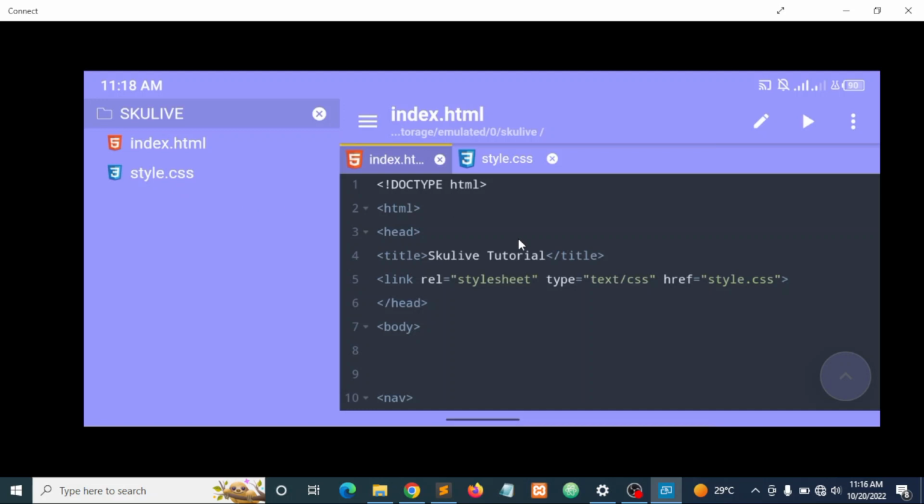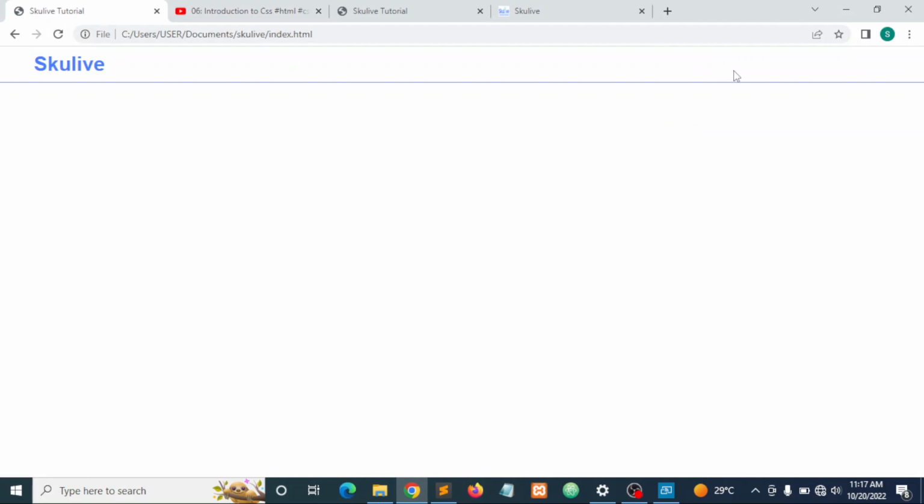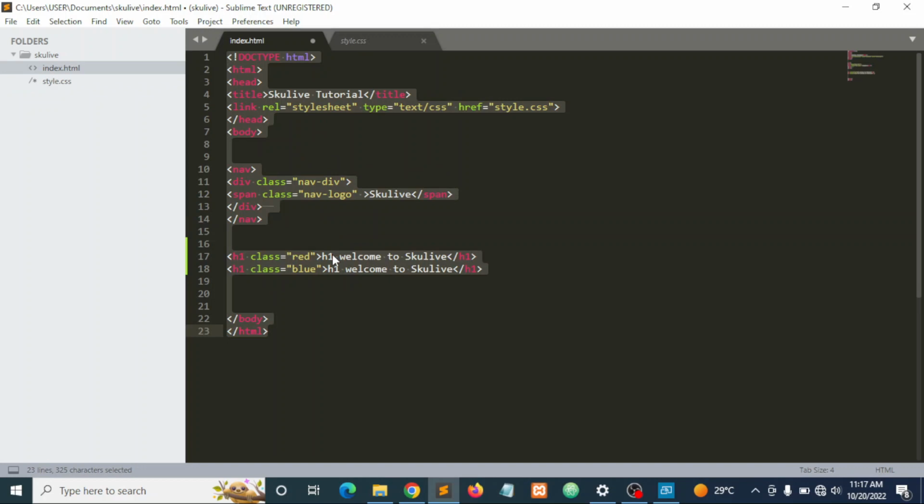All right, so we are going to be moving back to our laptop and desktop so that we can proceed with our tutorial for today. The tutorial we have for today is to create our navigation links. All right, so all we need to do now is go to our Sublime code editor. Then for smartphone users, you can still use your